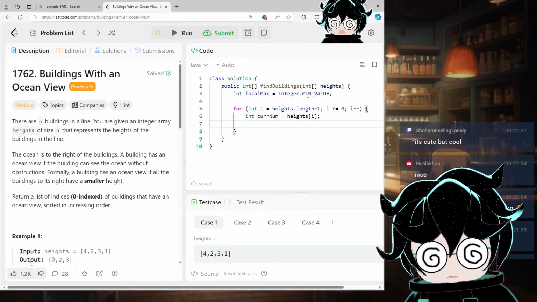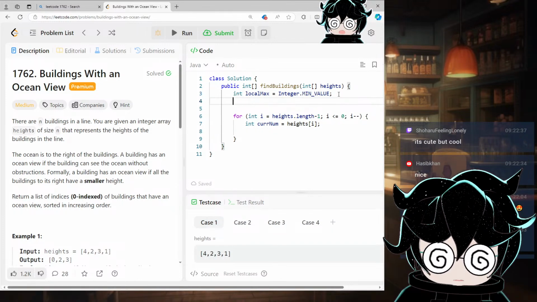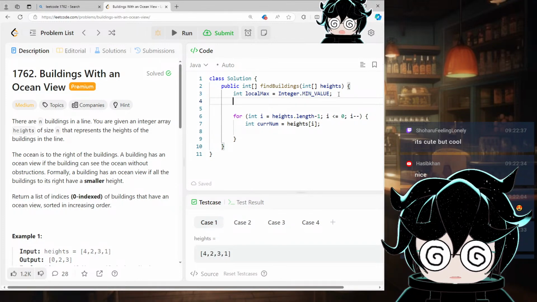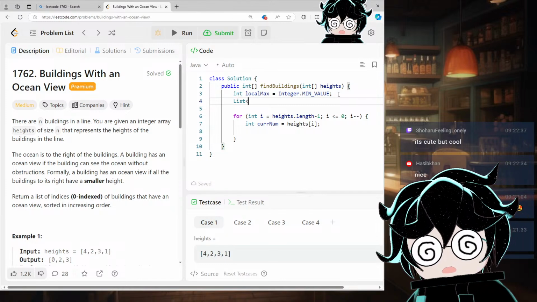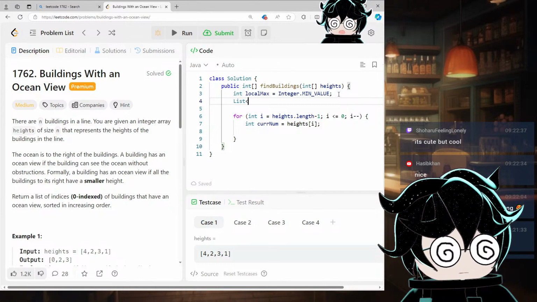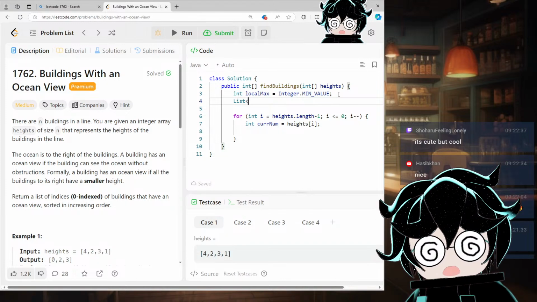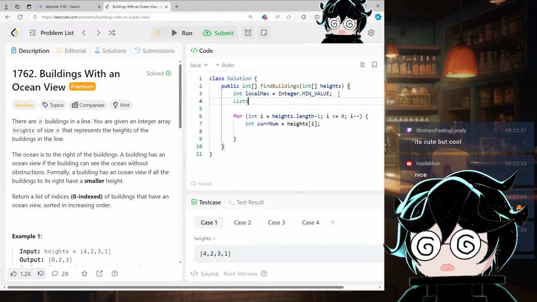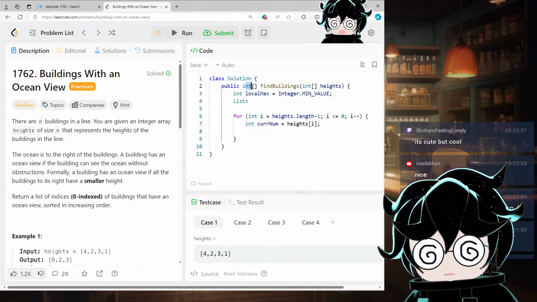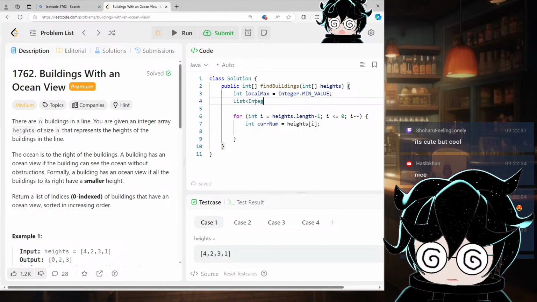Well, actually, we need to track our answers first, so maybe we'll make a list so it's easier. We don't have to worry about allotting space in the beginning. We can convert the list to an array in the end, like they asked over here. So list of integers,